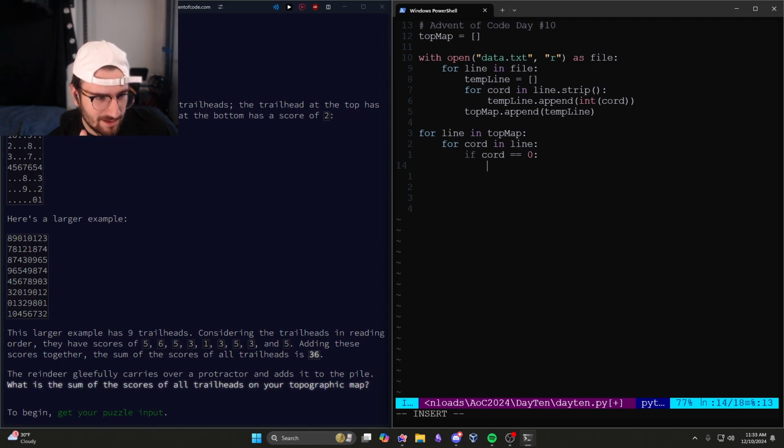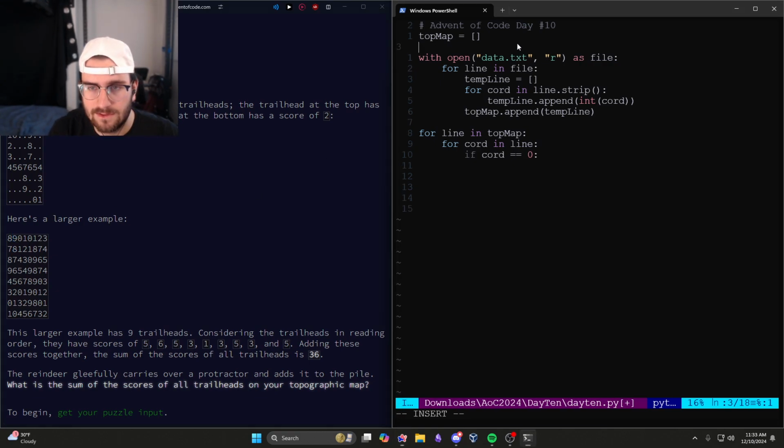From here, there's a 1 here and a 1 here. So I want to check, okay, does this 1 ever go to a 2? Oh, it does. A 3, a 4, a 5. Okay. Is there a 6? Yeah, there's a 6. Is there a 7? Yeah, there's a 7. There's an 8. And then once I get to a 9, by doing all that, I increment a counter. So if the chord is equal to 0,